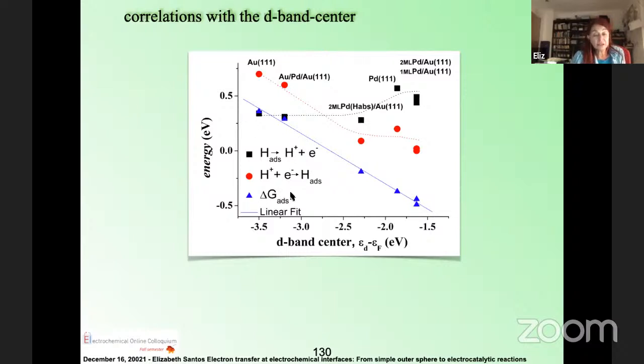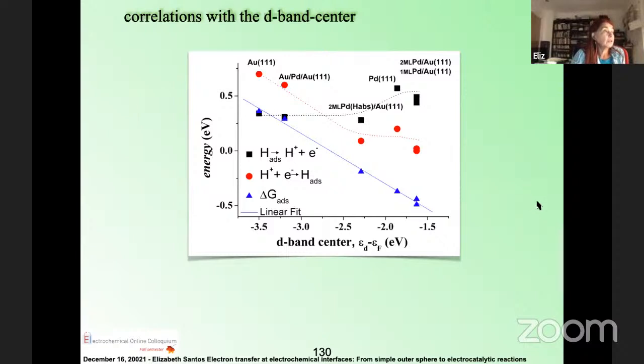That's what we can calculate with DFT for these different systems: hydrogen on gold, on palladium, on palladium monolayers on gold, and all these different systems, as a function of the d-band center. The adsorption energy is almost linear. We can say, okay,